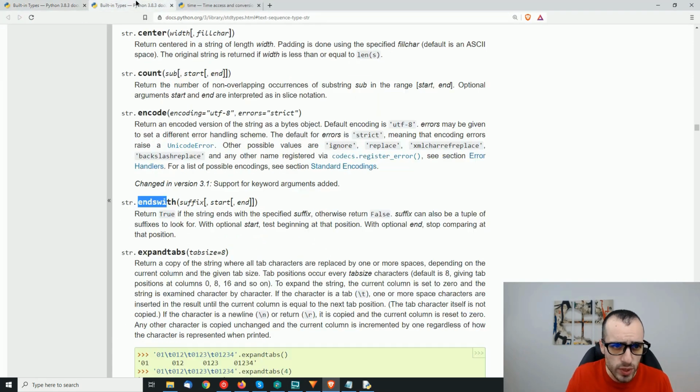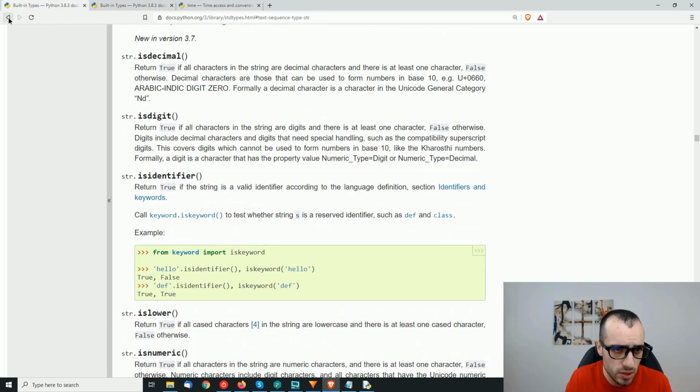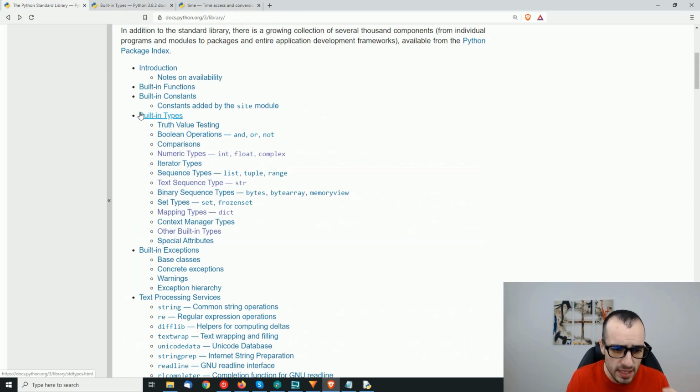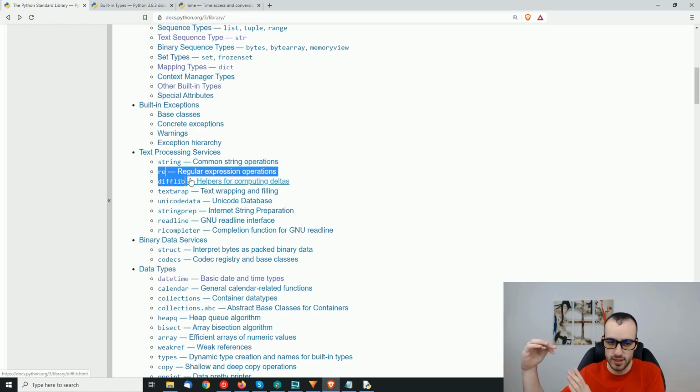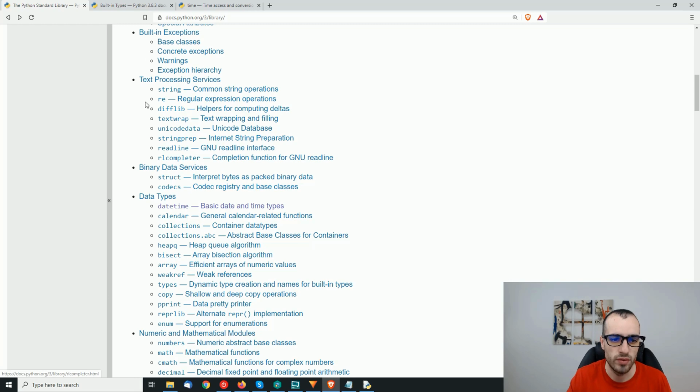What if we use the other libraries? So let's see on the documentation, let's go back. So we have the built-in types, and then we have the modules, like you see here, that they are not built-in, we need to import them. They are already part of the library, so they are already installed, but to use them, we need to import them. We have regex, regular expression operations, we have something more advanced for the strings, the datetime, calendar,